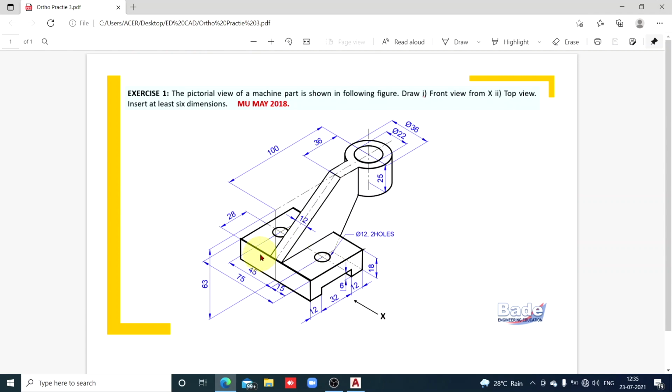And on that axis of symmetry, at distance, check here, from boundary it is 15 millimeters. So, because the object appears symmetrical, from the front end at distance 15 millimeters, check here. Similarly, from the back end also 15 millimeters. Okay, so let's complete it.